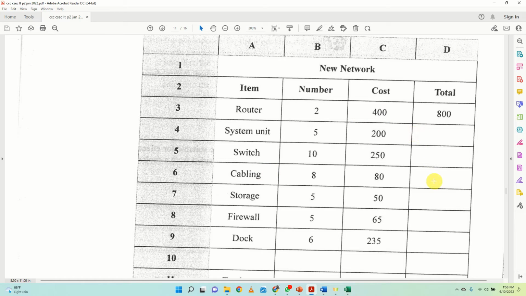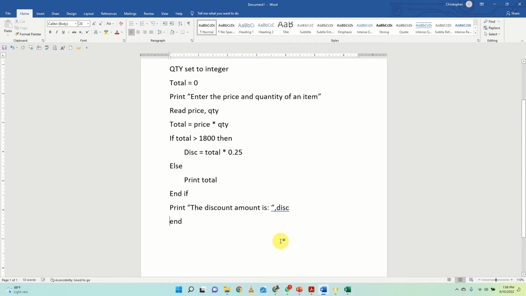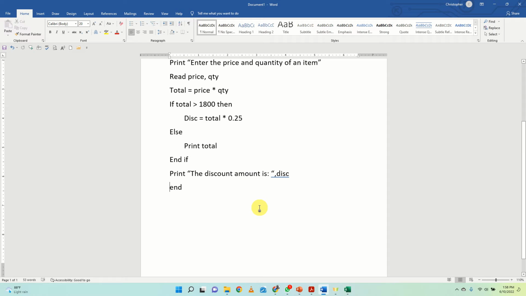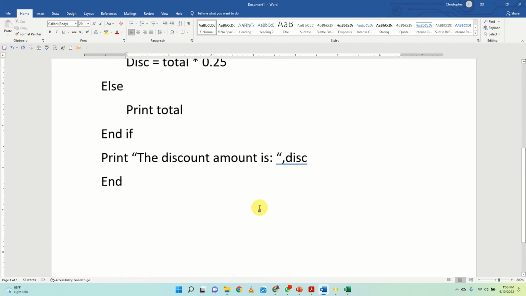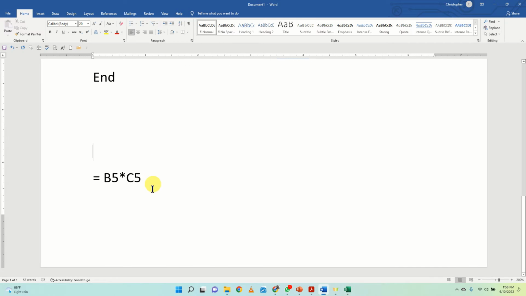D5 is here, switches is here. So I'll be like equal B5 multiplied by C5, right? So, let me zoom this up a bit, equal B5 times C5. That is what that answer would be. All right? Equal B5 times C5. And as we continue,